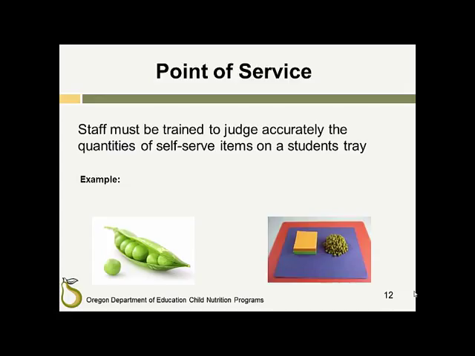Staff must be trained to judge accurately the quantities of self-serve items on a student's tray to identify half-cup fruit or vegetable servings. We recommend that sponsors use spoodles, portioning spoons. Another option is to use souffle cups, however that can be costly and wasteful. Students must walk away from the line with at least half cup fruit or vegetable. During the meal service observation on an administrative review, the assigned specialist will be checking that students take this minimum